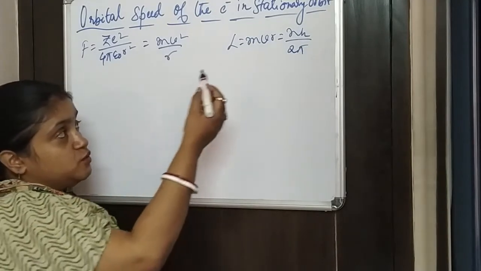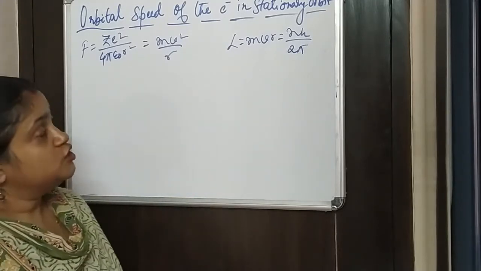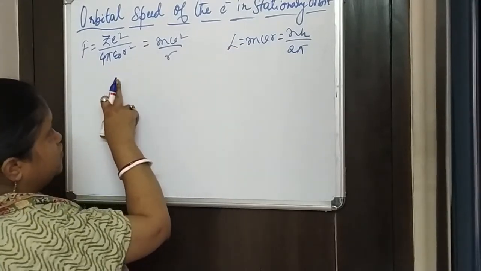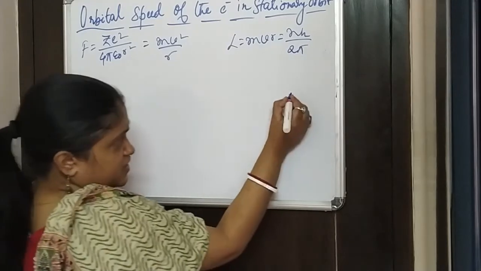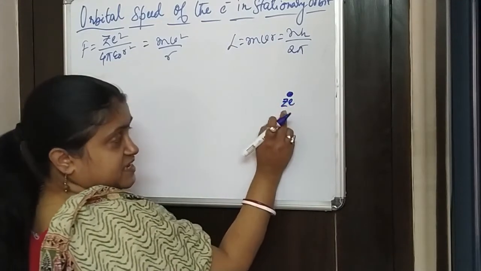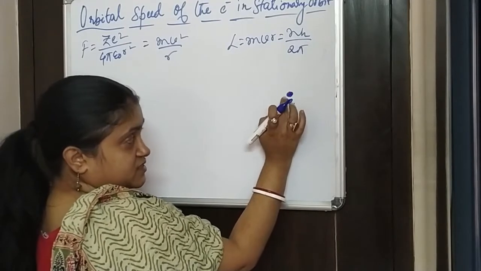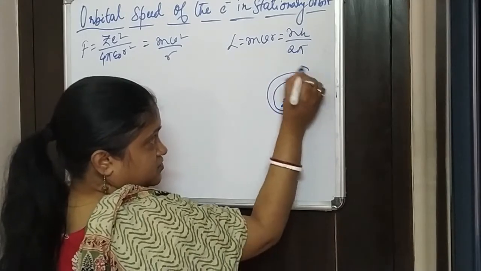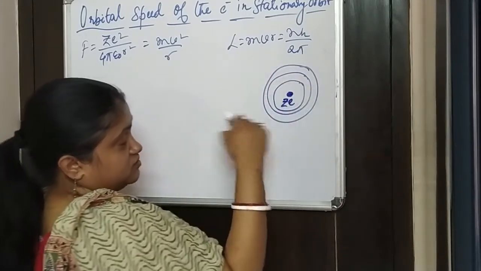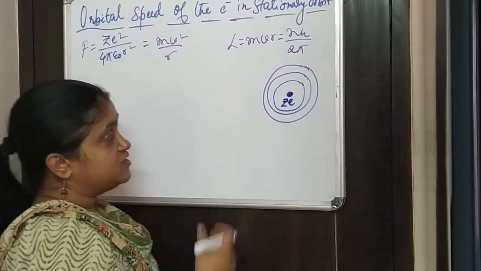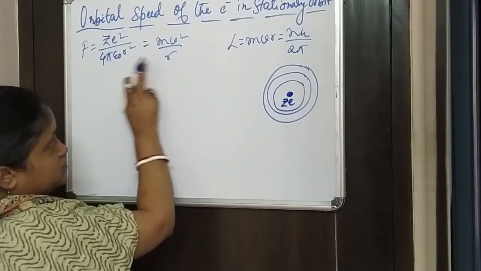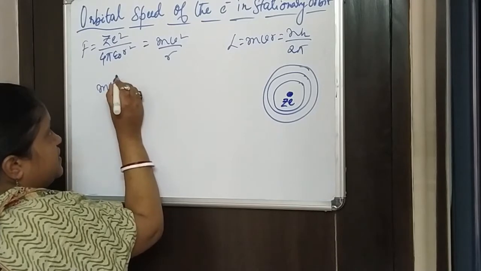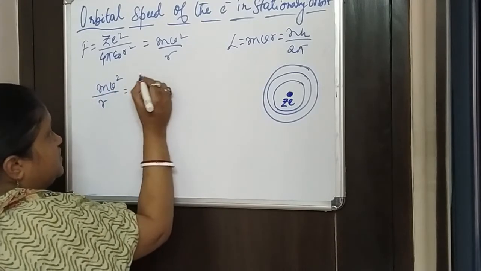So using the quantum concept of Bohr, we have Bohr's equation of angular momentum, and this is what we already know: the Coulombic force in a particular orbit, suppose it has Ze amount of charge at the nucleus, Z is the atomic number, and these are the various orbits in which the electrons are revolving. As we already know, this Coulombic force is equal to the centripetal force, so we will just make it a little more equative.